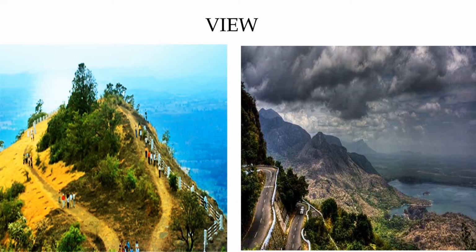Am I right? So, you can see from both the pictures, one is a viewpoint in the top of the mountain and another one is the road map of a hill station. So, when we are traveling in the mountain, we can see only certain places. So, during a travel it is not possible to see all places. But when we see it from a different angle in a telescope, we can easily see how many hairpin bends are there in that hill station and whether there are any rivers or falls in that location.